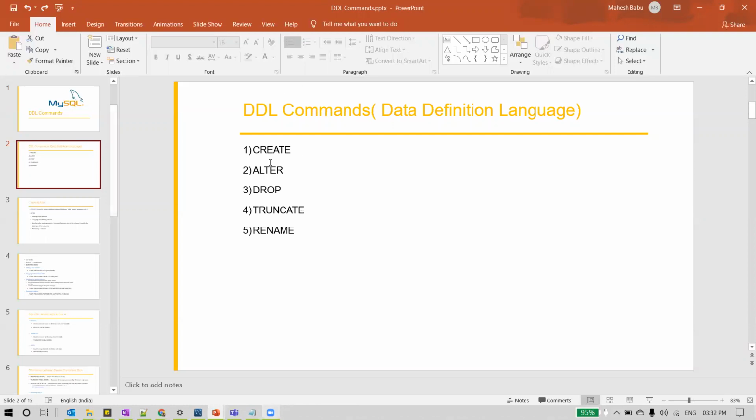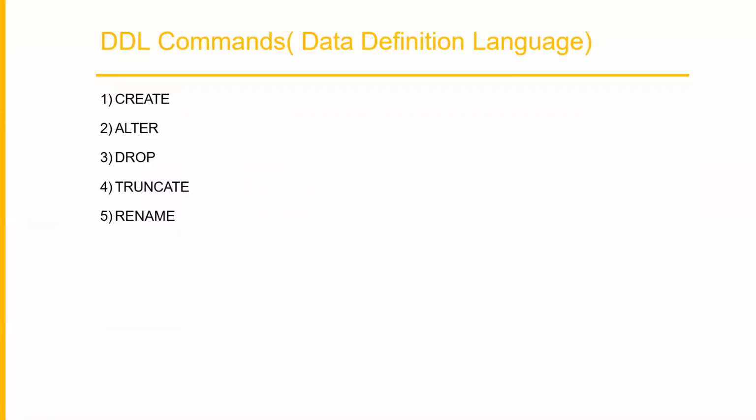We can see the different DDL commands here. Create is used for creation of objects, and alter is used to modify. So we define some structure, for example for our table. At a later point of time we may want to modify something in the table, and we can do that using the alter command. Say we want to modify the table definition, or modify a column data type or column name, we can do this using alter.